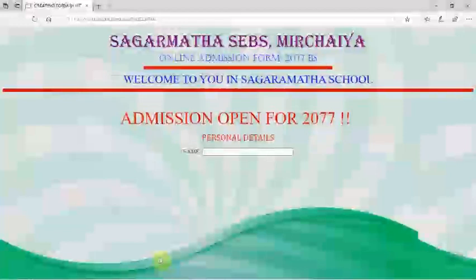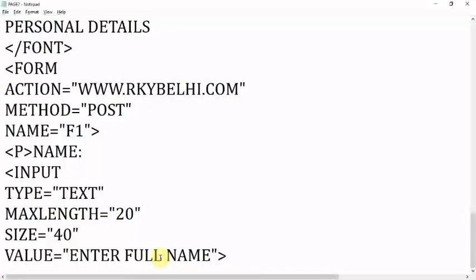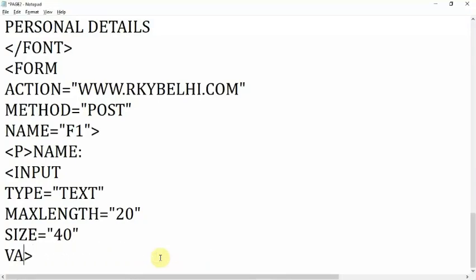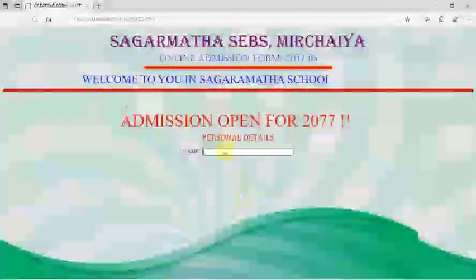Now next, Control plus S, F5 I want to press. So 40 size I have given, value. So value equal to enter full name, double quotation should be closed. It is not coming.